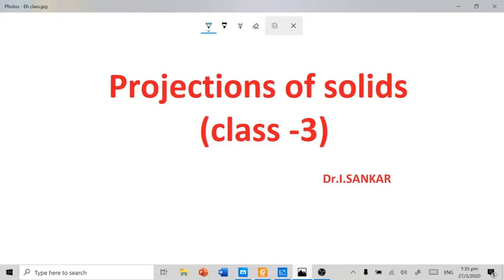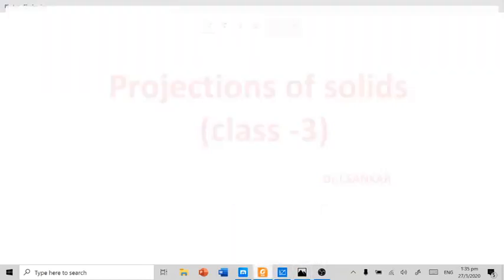This is the third class for the subject engineering graphics in the topic projections of solids. Already in the last two classes we discussed the basics of solids projection, and a very simple problem we solved in the previous class. And now today, as per our problem bank, we are going to solve a problem: